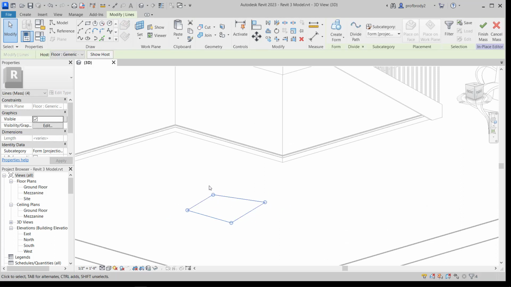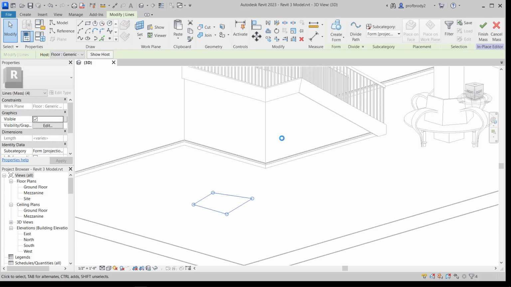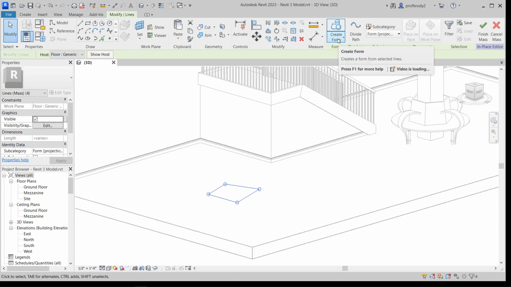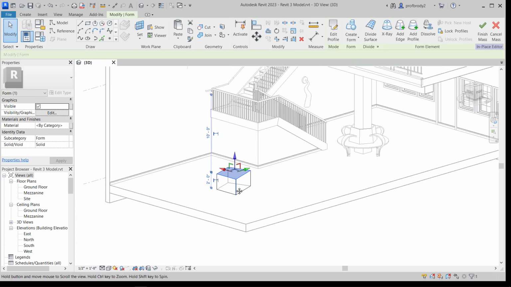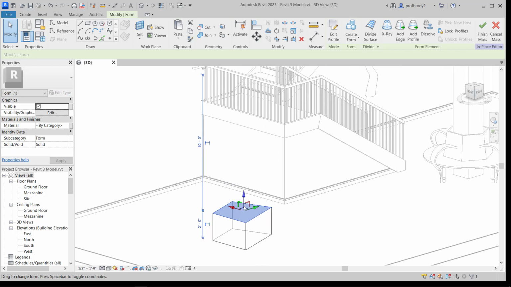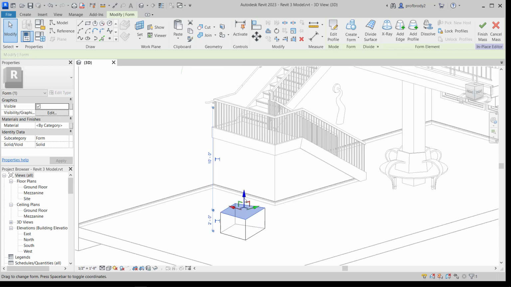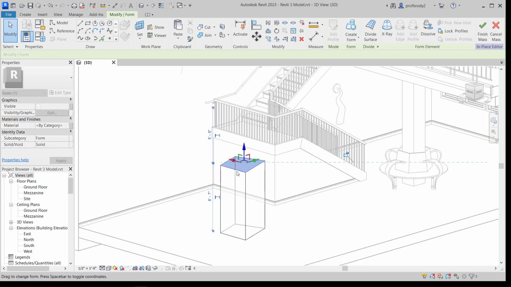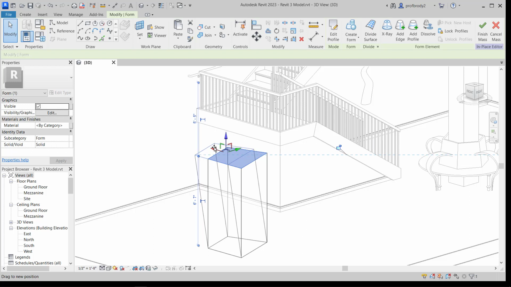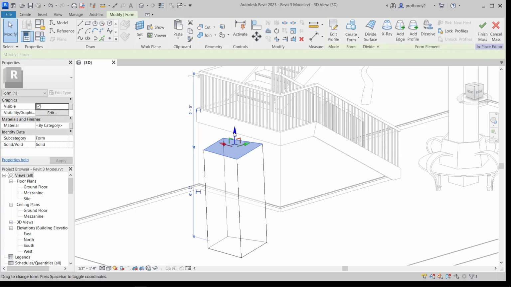them, make them a little warpy. But then there's no sweeping or blending or any of that. You just choose Create Form. And by the way, you can create a solid or a void form. Let's start with solid forms. And you get what's called a gizmo on top of the surface that initially is just an extrusion. However, what's cool, you can just click on the directional arrows, and conveniently they are the same colors as